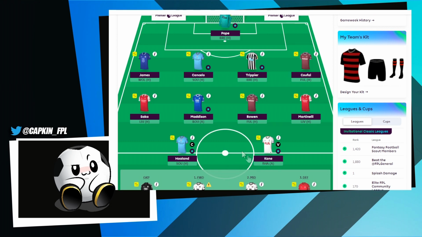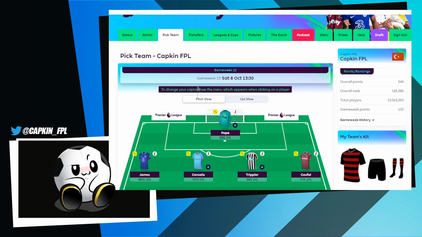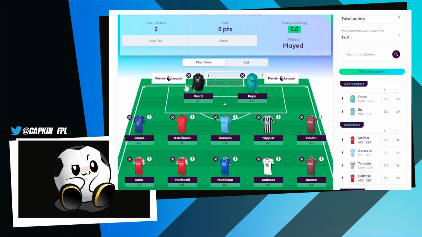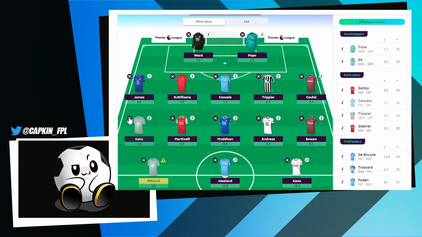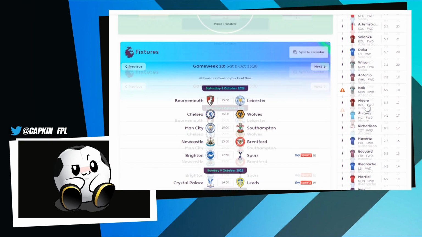I've got Andreas and Williams on the bench as well, and they're not even going to play. So it's looking good. I've got 2 free transfers. Obviously, the Champions League games are kicking off, so I'm not going to do any transfers until the deadline. But the 2 transfers I'm thinking of doing are removing Saka and Mitrovic, and I am thinking to bring in